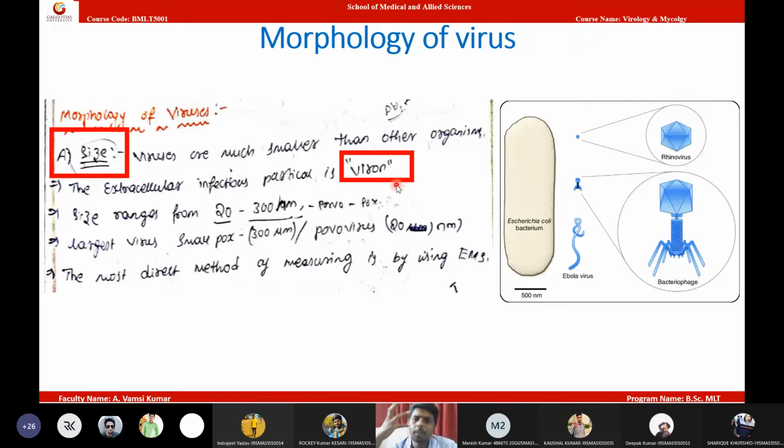The tobacco plants will die because of this viral infection. Another best example of plant viral infection is sugarcane. If you break the stem of the sugarcane, sometimes you will see red streaks or red spoiled areas within the sugarcane. Actually, that is caused by a virus. So these are the viral infections.